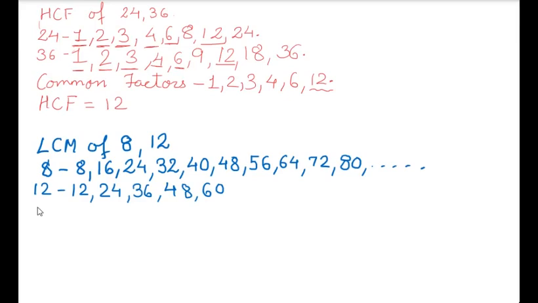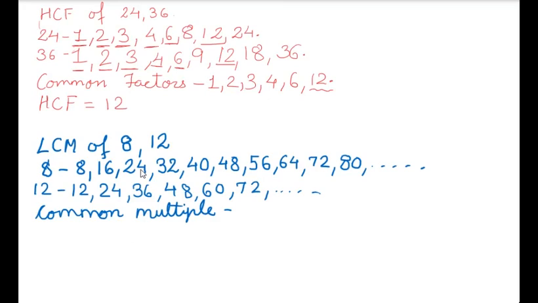Why? Because some numbers are we getting common in both of them? Yes. So which are the common multiples here? And we want the least, meaning the smallest multiple. We want the common multiple here. Okay. Which is the common multiple? And that too the least, meaning the smaller one. Any number is common. See here itself we got 24. Even 48 is there, 72 is there. But which is the smallest one among all these?